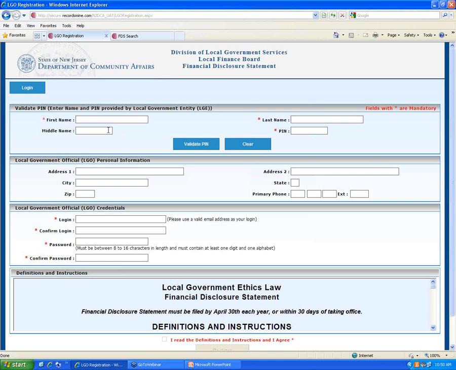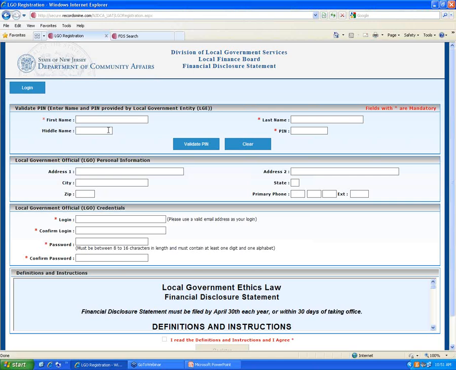Another question that comes up with the filing is, should I wait to get all my PINs first and then set up my account and then file, or should I set up the first PIN, go and file, and when I get my other PIN, I can set it up and file at that time? You could do both, okay? Our recommendation is that if you're part of multiple entities and you're going to have to file for different positions and different entities, wait till you get all your PINs, okay? Associate all your PINs with your account, so all your positions are there, and then you'll only have to file your FDS one time, okay?